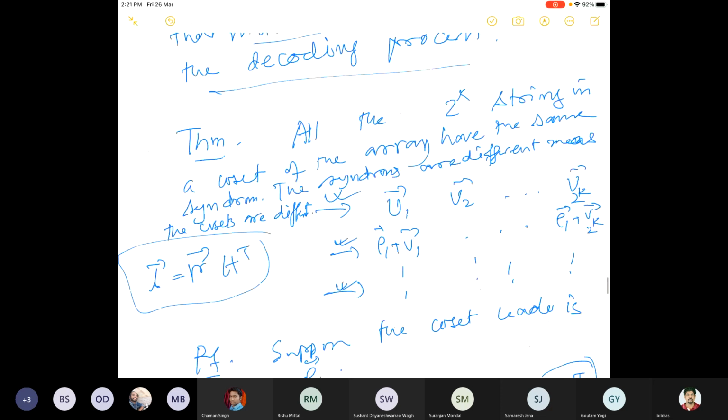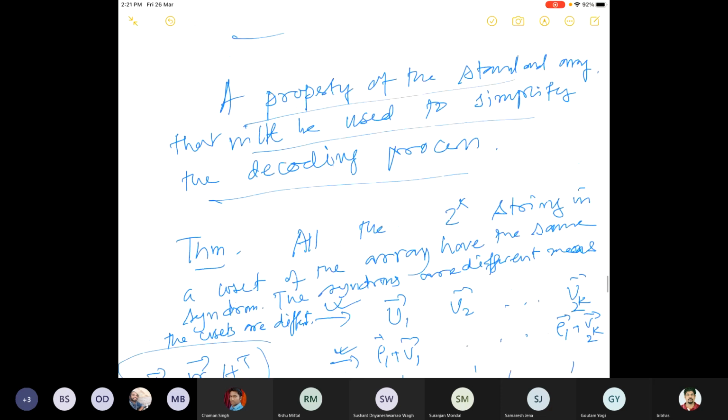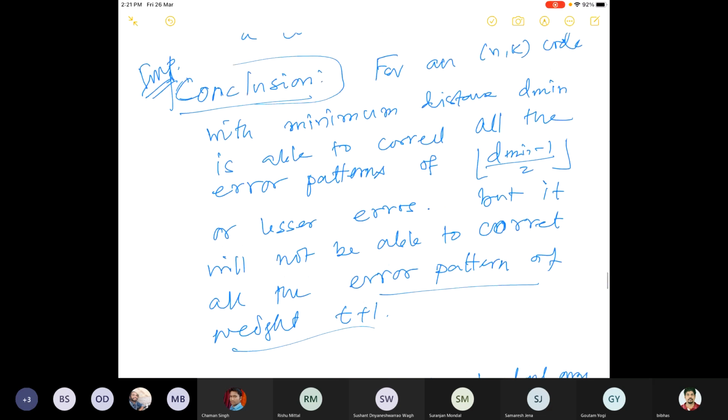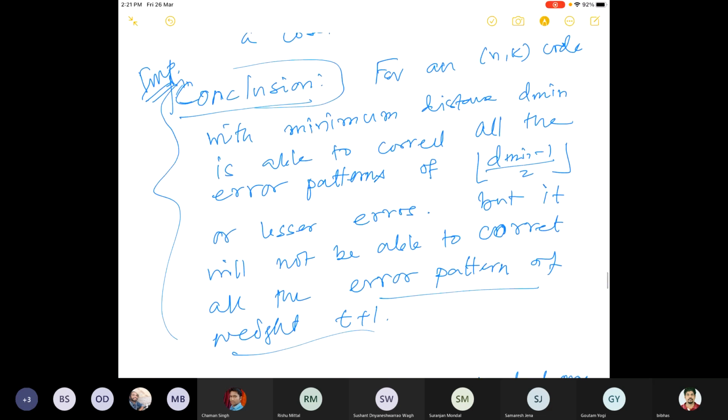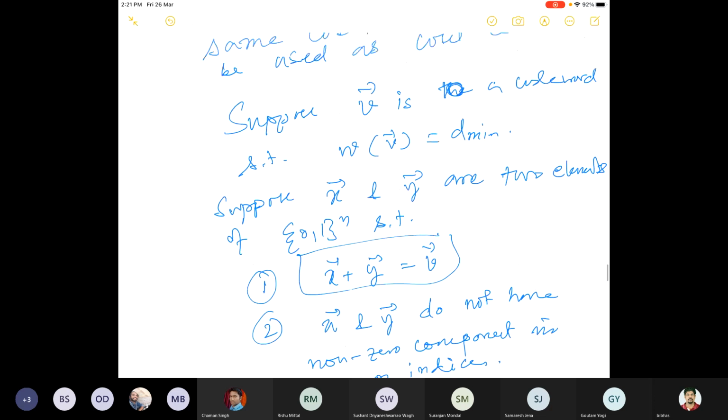Now, before that we said, this is the one-to-one correspondence we proved. Now this is the connection here with d min, because we said, what is t here? t is this number. We had made a connection between this number t and the coset. So this is the connection. So if you take this to be t, not being able to correct all errors with t plus 1, that is fine. So where is that?